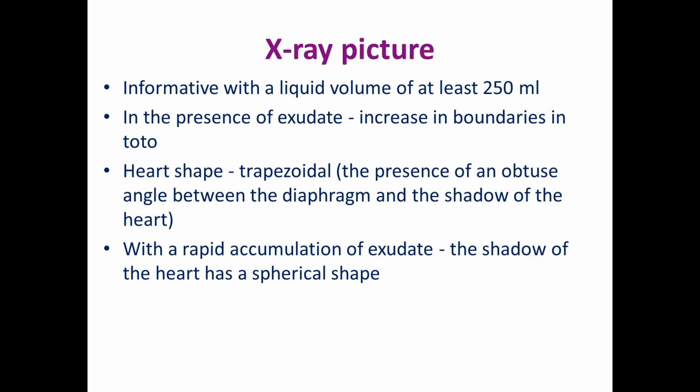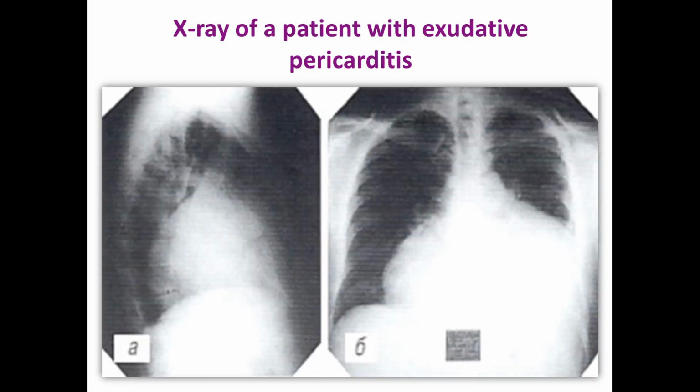Heart shape has a trapezoidal shape, with the presence of an obtuse angle between the diaphragm and the shadow of the heart. With a rapid accumulation of exudate, the shadow of the heart has a spherical shape, for example in tamponade. On X-ray, you see enlargement of the heart